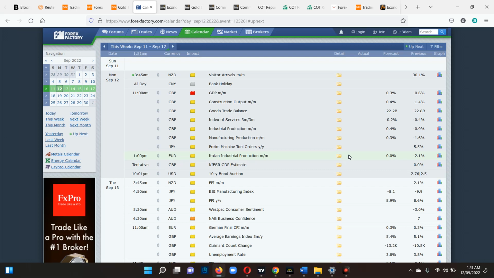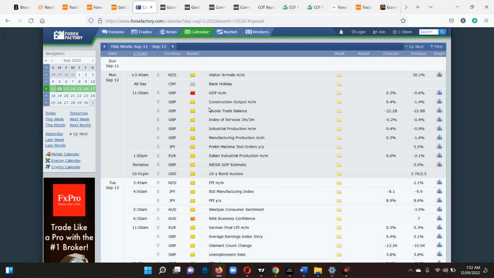If you check Monday, today there's a bank holiday in China. Whenever there's a bank holiday in China, the market becomes slightly too volatile, because the other pairs like New Zealand dollar become very volatile as the Asian banks open. So there could be volatility in the market today, Monday, as the market opens.